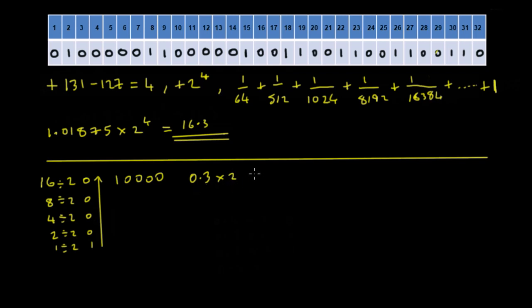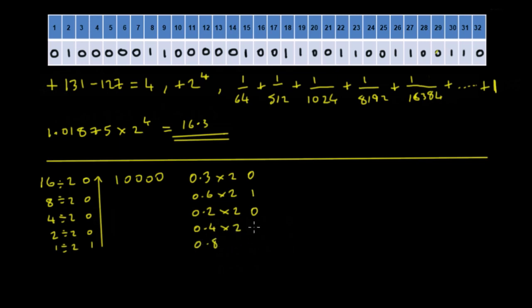And that's going to give us a value of 0.6, and there's no whole part, so we put a 0. Multiply this by 2, that's going to give us a value of 1.2, but you can see here that we actually have a whole part, so we take the 1 up and we just leave the 0.2. So that'll be 0.2, and there'll be a 1 here, and we multiply that by 2, that'll give us a value 0.4. There's no whole part, so it goes a 0, multiplied by 2 is 0.8,